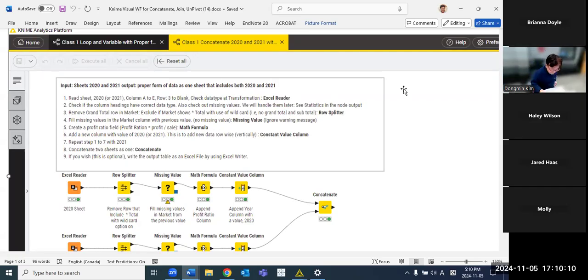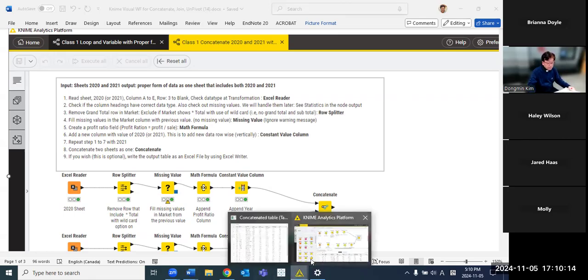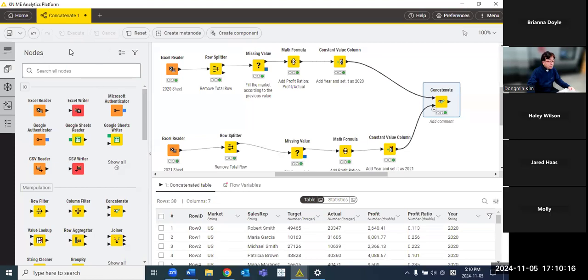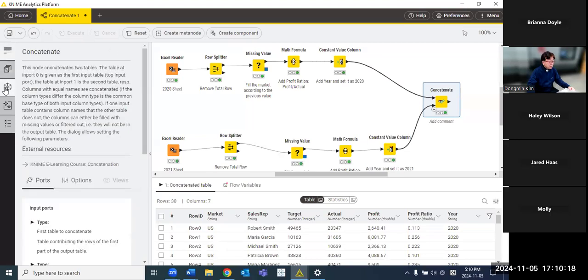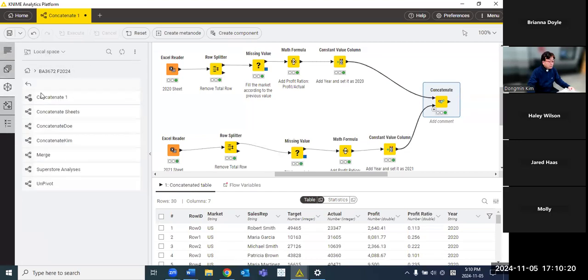It's the last time. So the first thing you need to do is open KNIME, and we already created a folder. Our folder was 3672 for 2024. Or you can use another folder, that does not matter. Under there, we will create